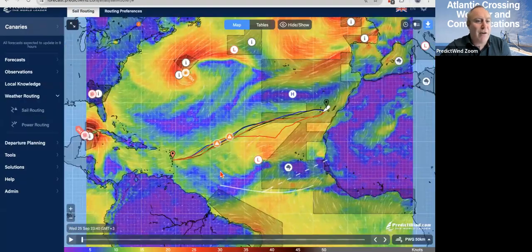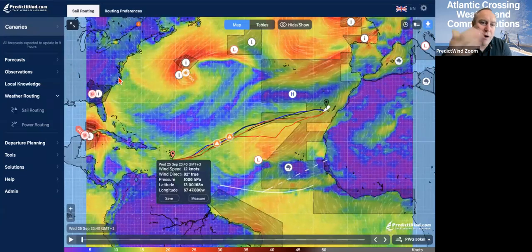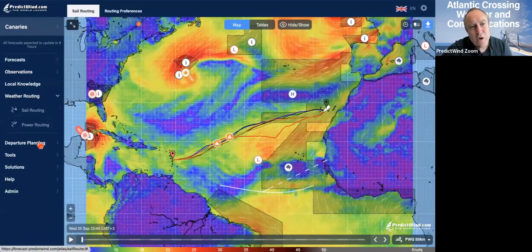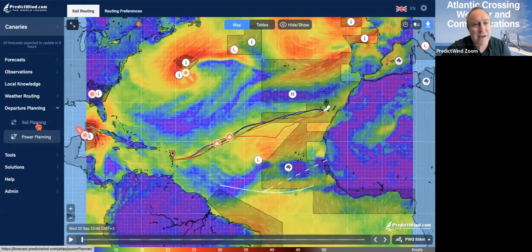So I'm back over here on my weather routing tab, and I've run a weather route. But before we go any further, we're going to jump into our routing preferences and we're going to look at polars. So I can do this in departure planning or weather routing. We'll go and do it in departure planning. It's exactly the same